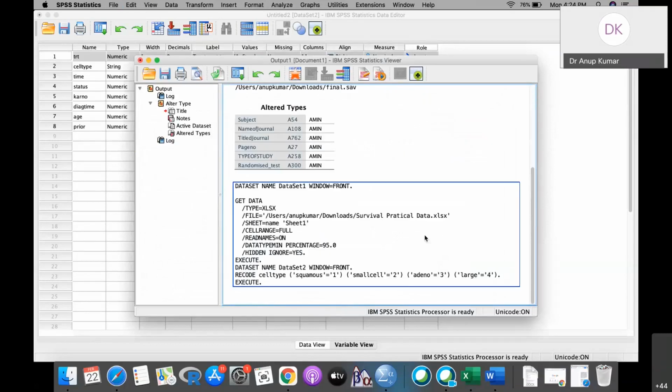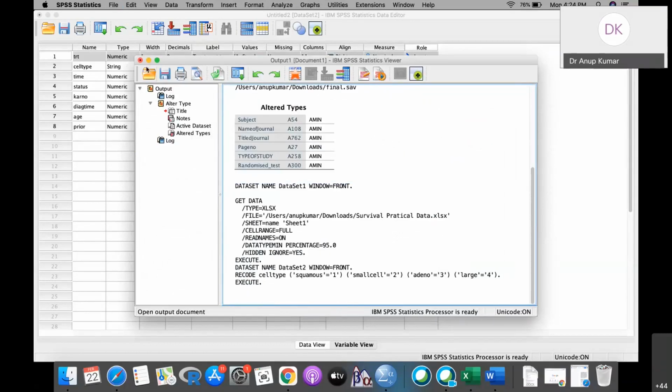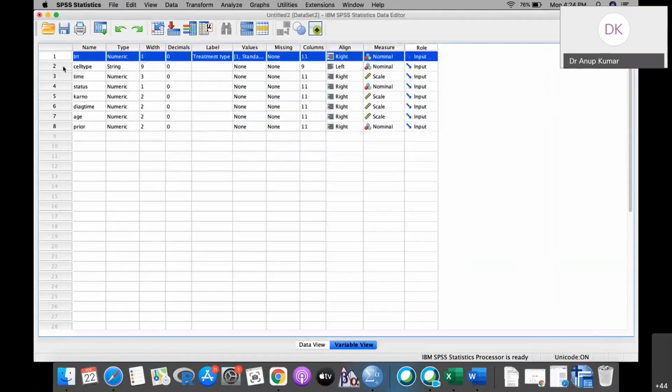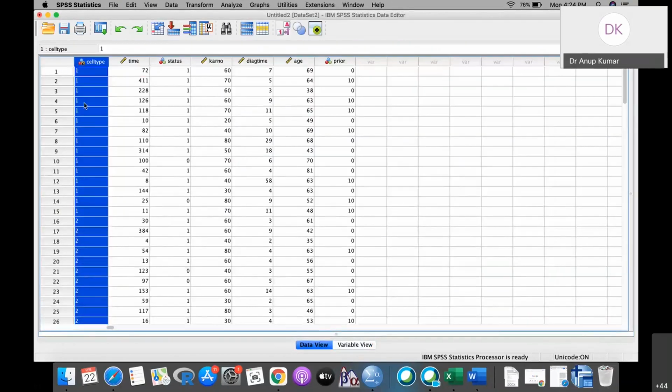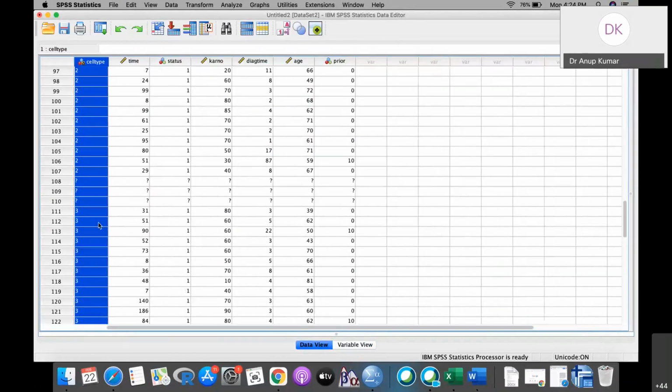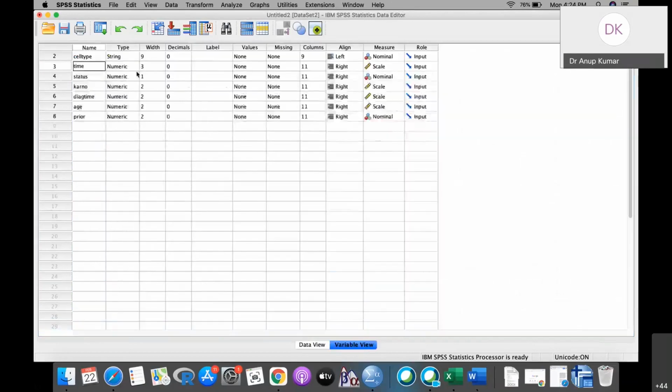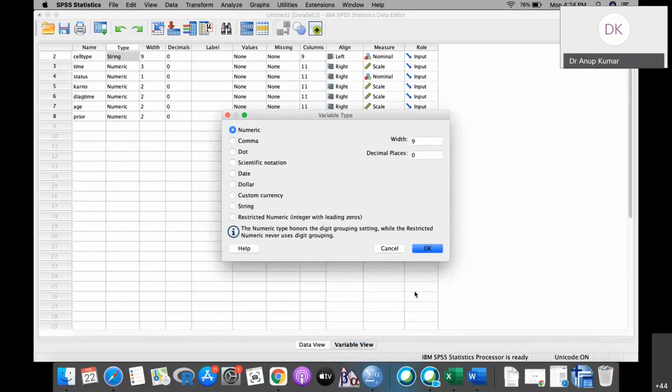Okay, so you can see what we did, we converted this into 1, 2, 3, 4 like this, and now we can change the cell type from string to numeric.